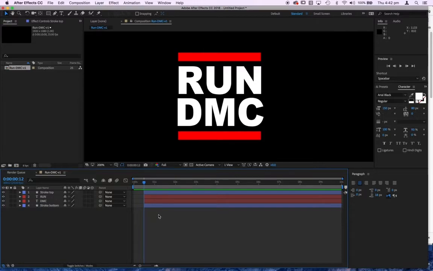Okay, now what I want is I want the word run to be there first. I might just move the stroke top right to the bottom. And so what I'll do is I'll make the word DMC come in half a second later. So that's 1 second here. Now notice this is the only layer highlighted. Option left bracket,